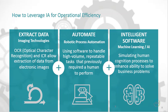And finally, on the right side, we have intelligent software. So this is machine learning and AI. This is where you're simulating human cognition processes to solve business problems. And so a couple of different examples here. One way which machine learning can be paired with robotic process automation is actually to make it simpler to automate that RPA. And so, typically when we help